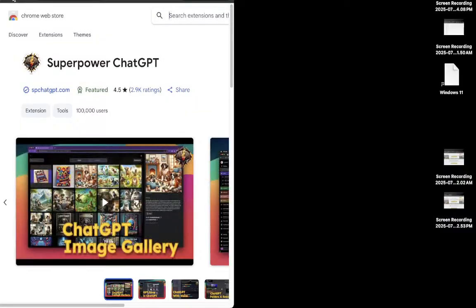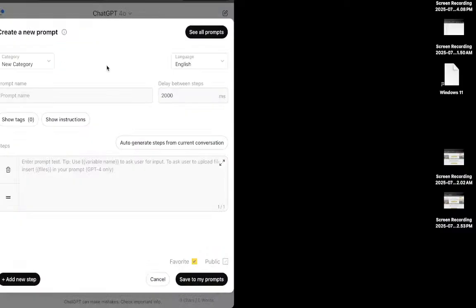So with ChatGPT, what it does is you can add one cool thing. Josh is like, I just downloaded it. Game. Let me show you some cool things you could do with it. Three cool things you could do with it. One cool thing is custom prompts. So this is like anytime you do, and you could do multi-step, which is a whole different level. So if there's a prompt that you use over and over and over again, and you're like, man, I hate typing this over and over, I wish there was a way that I can just click a button and it would paste it. For example,